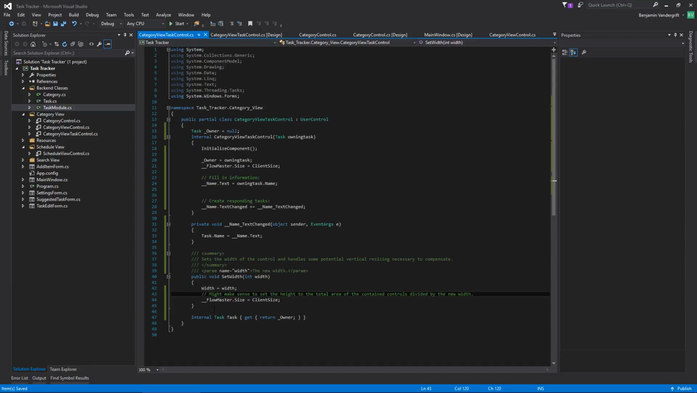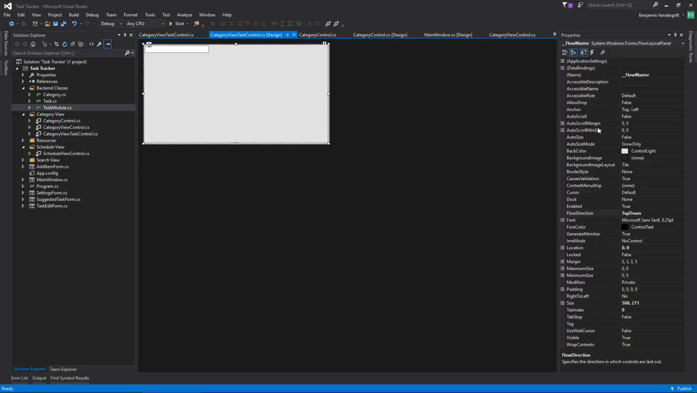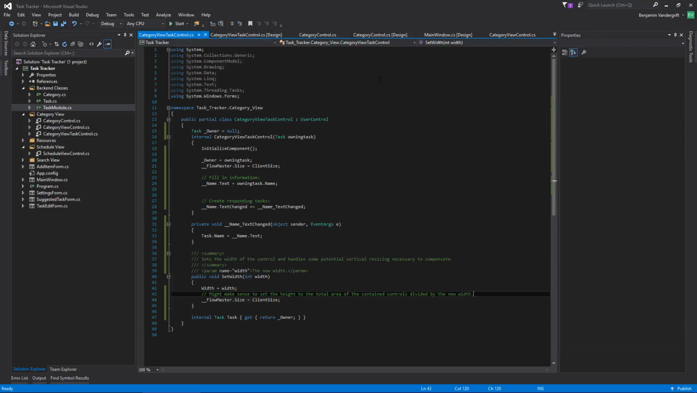But I don't know. The question that I have is with this auto size right here, if I set its width, does that mean that it will vertically resize itself to fit things? And that I do not know. So I might conduct an experiment to find out. But for now, this is enough to test things with. So let's go ahead and build this